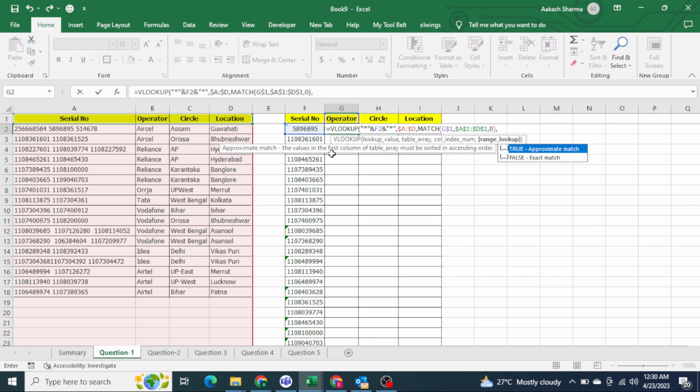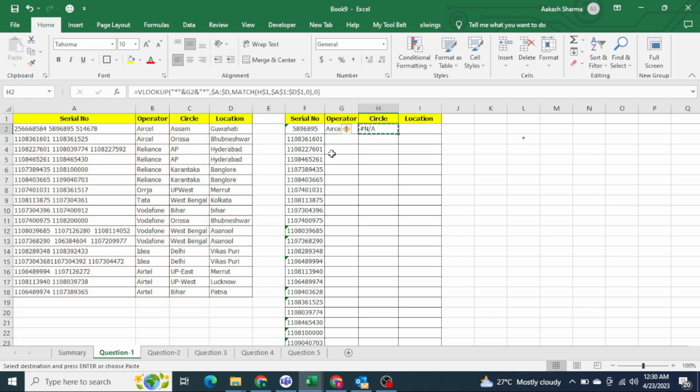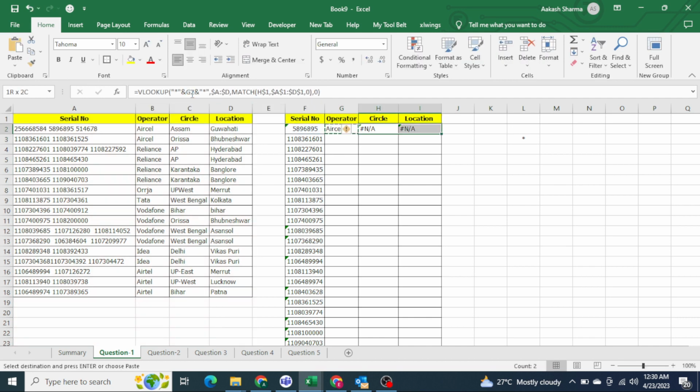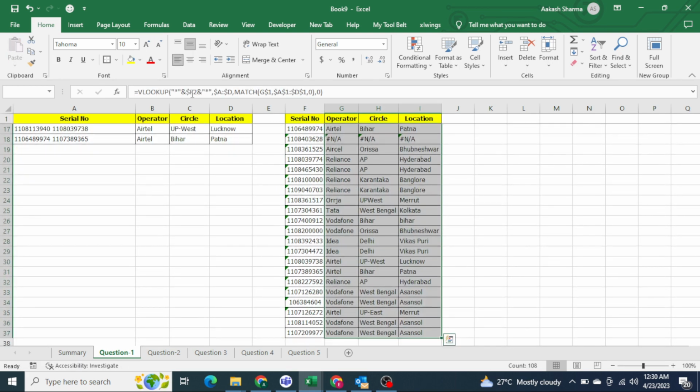After that, for the exact match I would use 0 and press enter. Here what we are getting is hash, and the reason is because we have not frozen F2. I need to freeze it. 1 2 3. All right, if I drag it out, all the values we have got,